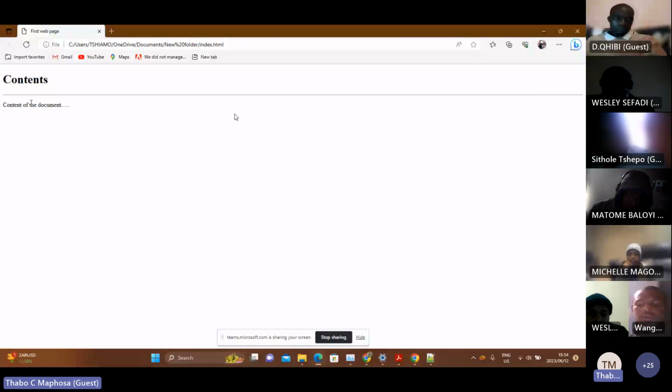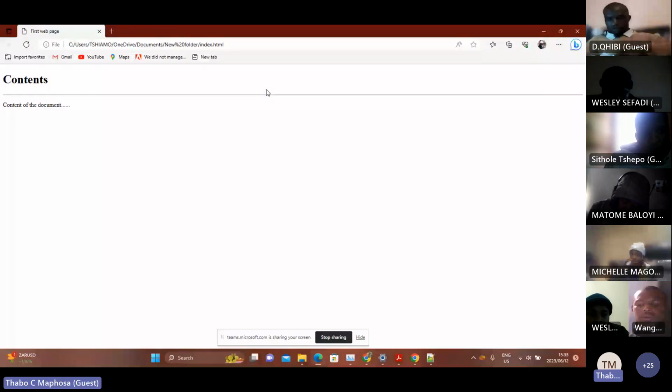You can even edit how much you want your line to be. For instance, if you want the length or the width or the size of the line to be a certain format, you can do that. If you want the color of the line to change, you can do that. It is up to you. But anyway, I just wanted to show you guys how to basically design a simple website. This is where you start. And then later you can add more content, you can do whatever you want.